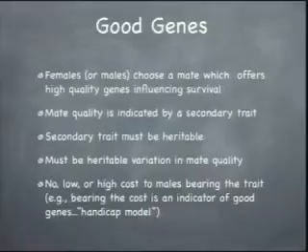So the females in this case are going to choose a mate which offers good genes. These genes are going to have to influence her offspring's chance of survival. And the quality of that mate somehow has to be advertised. Otherwise, how could she choose? How could she distinguish between an individual who has good genes or bad genes? So there has to be some signal that she can recognize that indicates whether that individual has good genes or bad genes. Okay? And whatever that trait is, it has to be heritable.